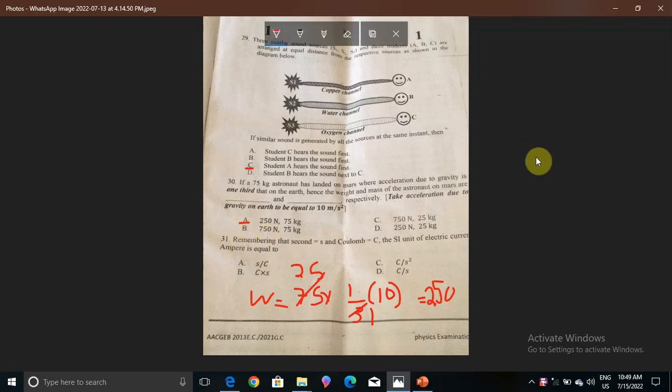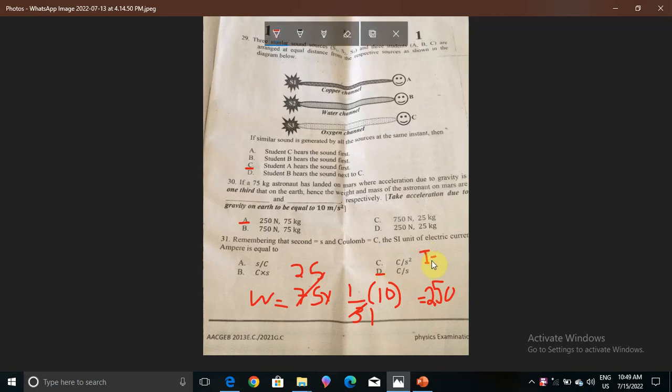Okay, now question number 31. It says, remembering the second, which is S, and coulomb, which is C, the SI unit of electric current, ampere, is equal to what? Of course it will be coulomb over second. So the correct answer will be D, because I